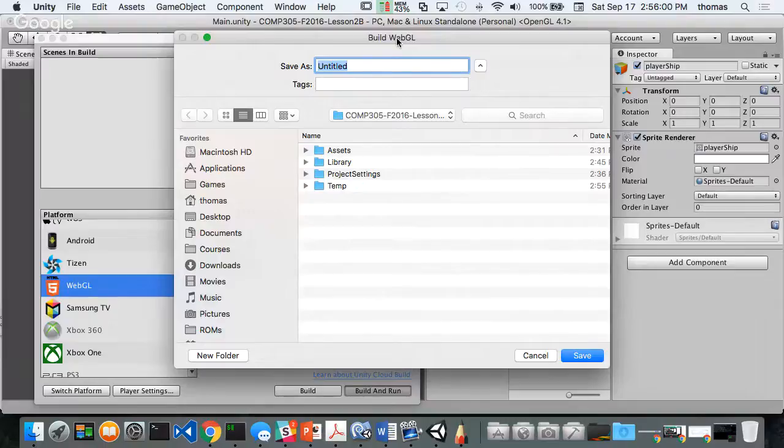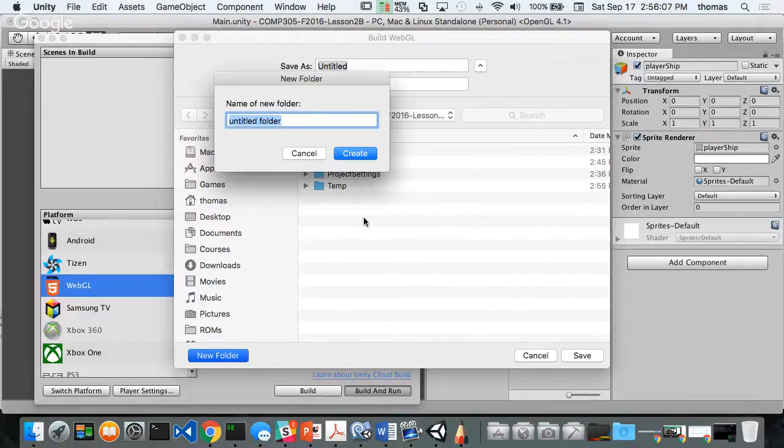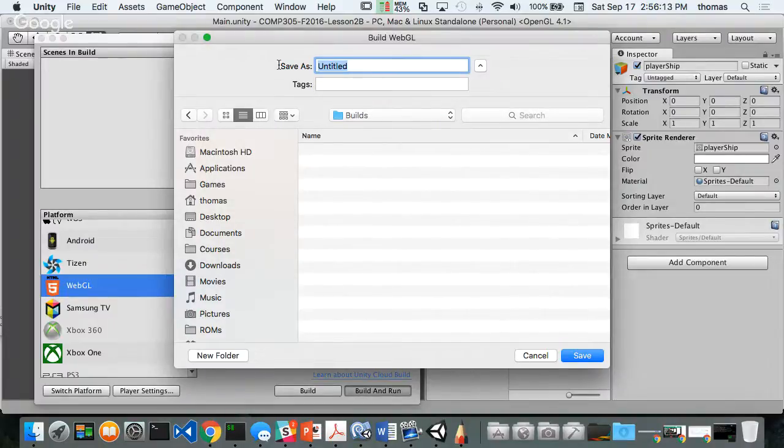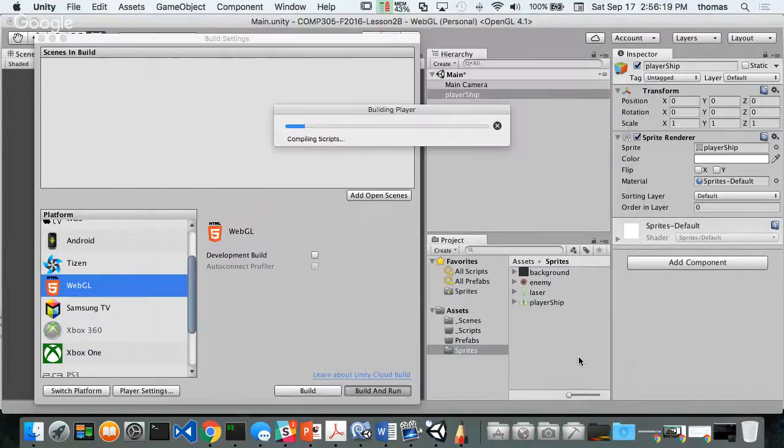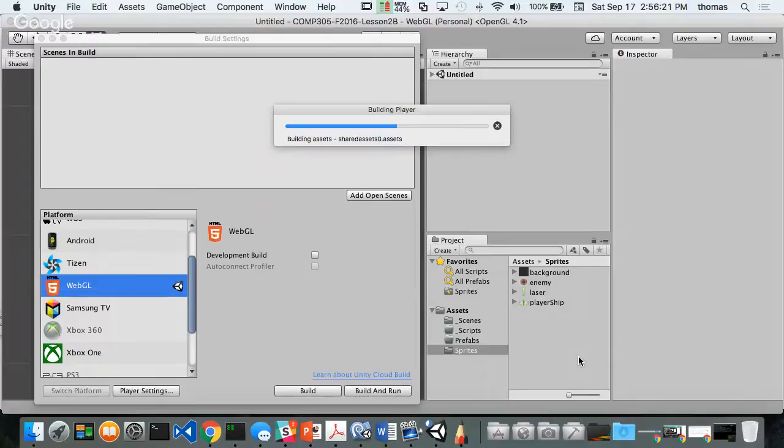Now on the PC, it's slightly different. But here, what I want to do is create a new folder, and my folder is going to be called builds. Click create. On the PC, it's kind of a one and done. I'm going to call this WebGL. All right, so slightly different what I'm doing here. When I build my WebGL build,